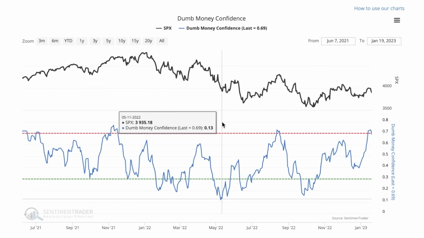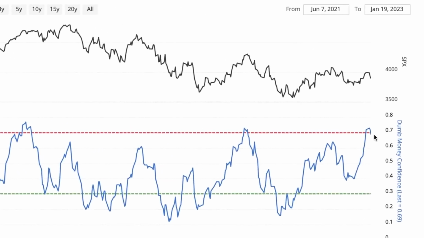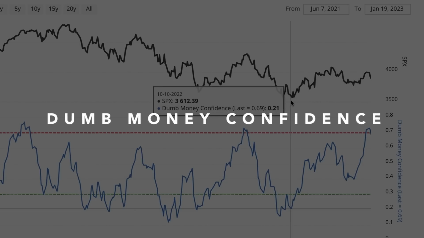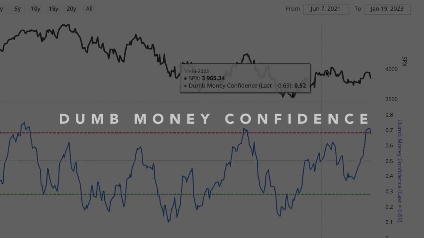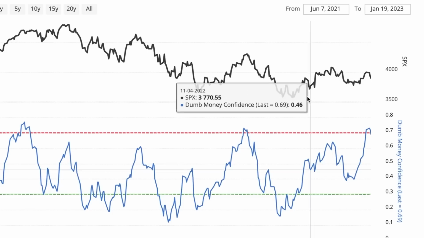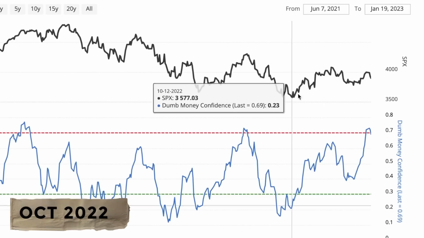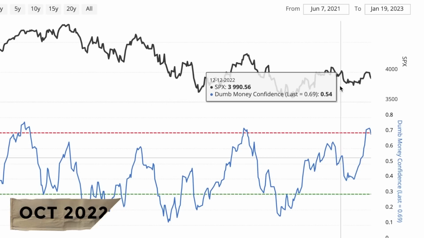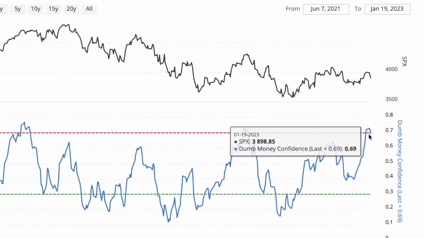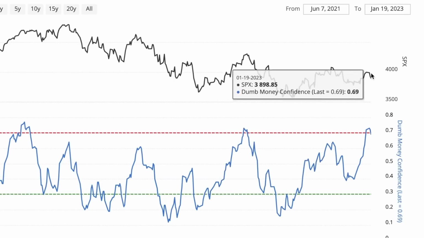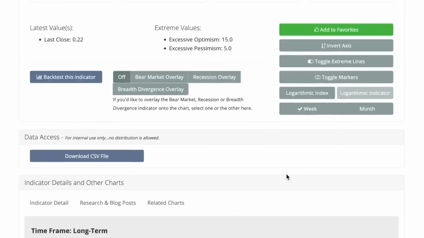Now let's get back to the dumb money confidence that is breaking out here as we had this rally. It was kind of a two-step staircase rally here so far that we've had since October of 2022, a brief pullback throughout the month of December, and then a rally in January, and now we have all the dumb money in the market. Is this the moment to be exiting?